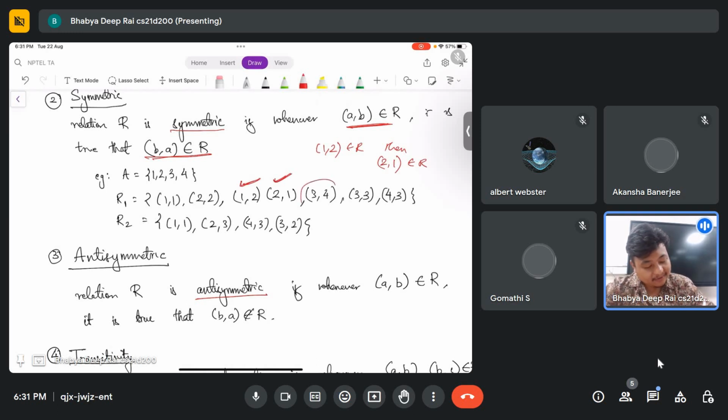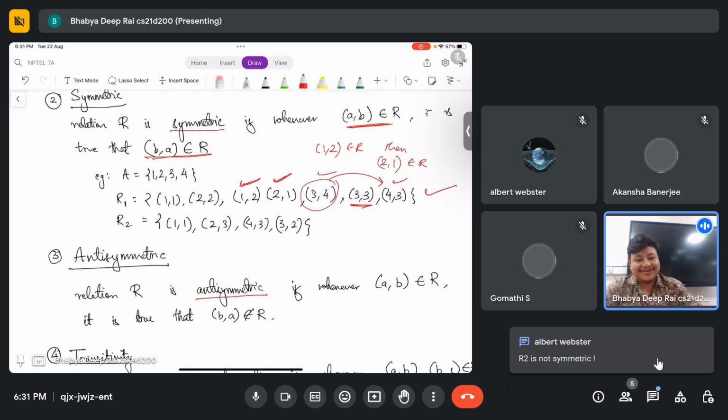Next, (3, 4). When I flip (3, 4), what do I get? (4, 3). And yes, I do get (4, 3). And when I have (3, 3), flipping it gives itself. So this is a reflexive relation, and this is a symmetric relation. Okay. Next,